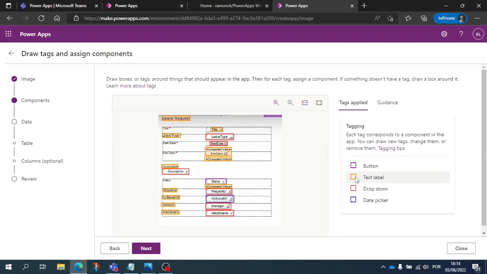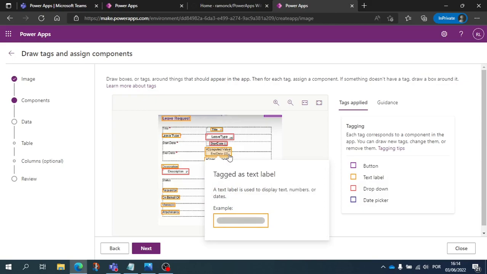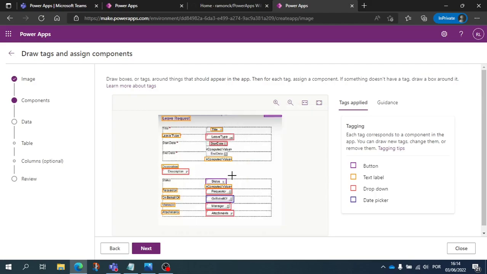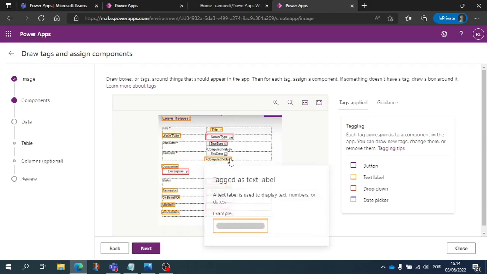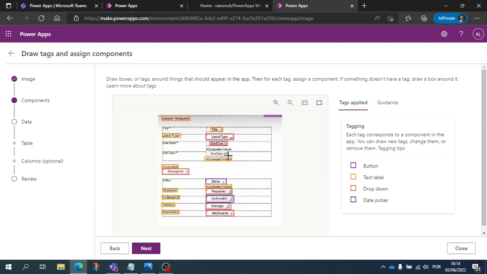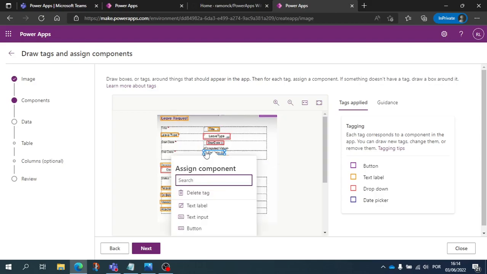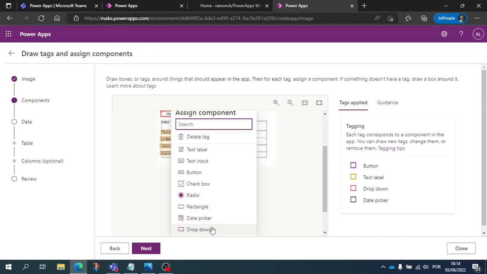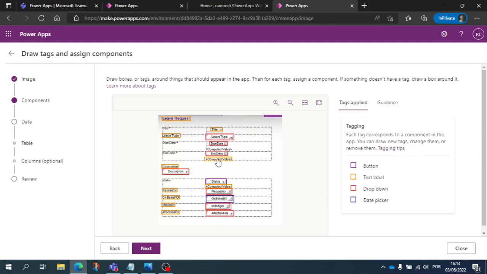If I put the mouse over, you see this one is telling me this is a text, but it's not. So I can click on top of it. I can delete this tag, which I don't agree with. And I can re-tag this, for example, put a little square there, and say this is actually a drop down. Okay. I don't want this one to go over, but I could have, if I could just select it and put it as text as well, I could do that, but I don't want it in this case.